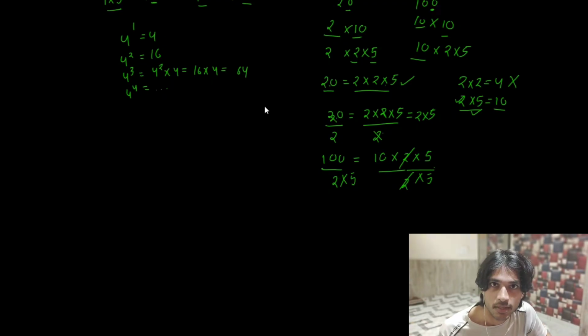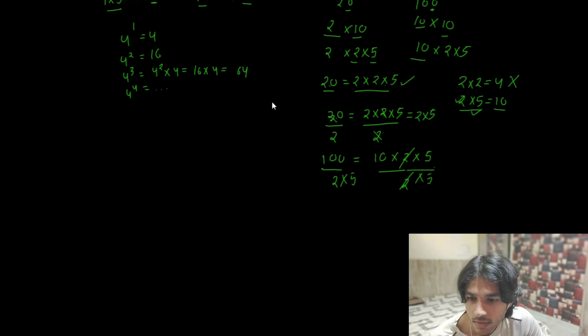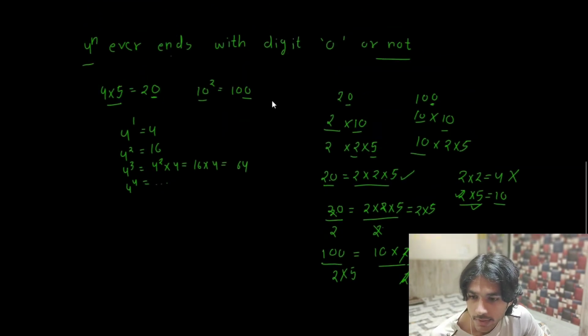And if that is happening, because right hand side and left hand side both are being equal, so if 2 is dividing right hand side, then 2 must divide left hand side too, and if 5 is dividing right hand side, then 5 must divide left hand side too. So in the similar manner, coming back to the original question, if 4 to the power n has to end with digit 0,